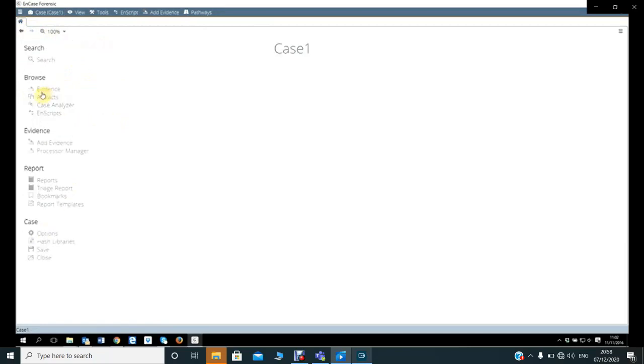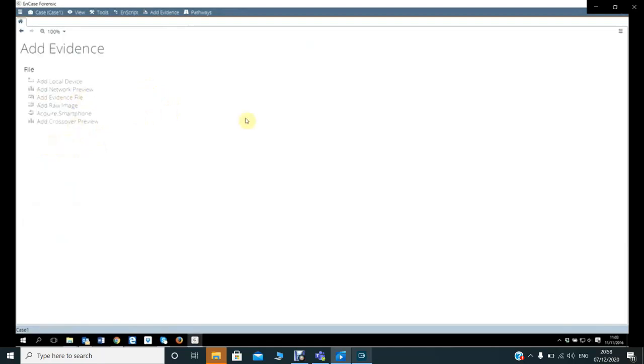If I click case one, I'm seeing the menus that have something to do with case one. I can actually add in evidence by clicking add evidence there. I can also browse the evidence, depends on what I want to do. Before that, there's also the reports section. It's at the bottom, but this time let me open the evidence and I can actually do either one of those